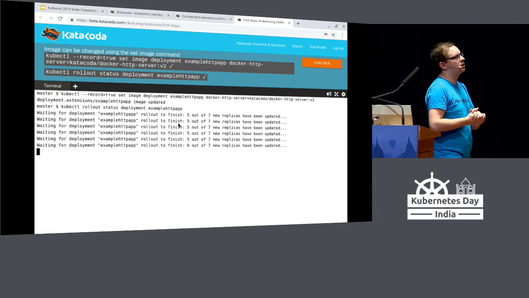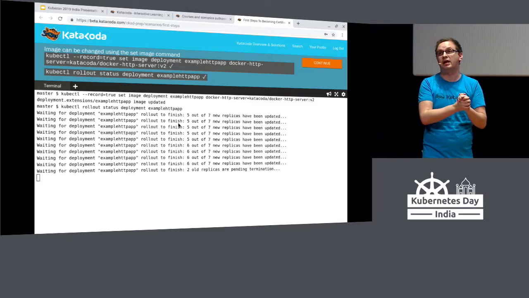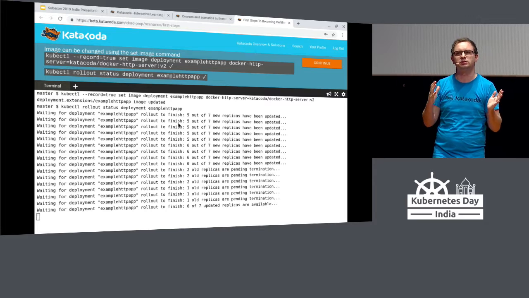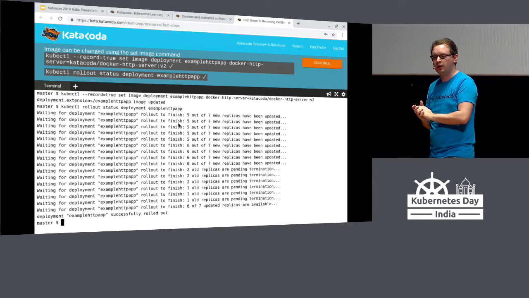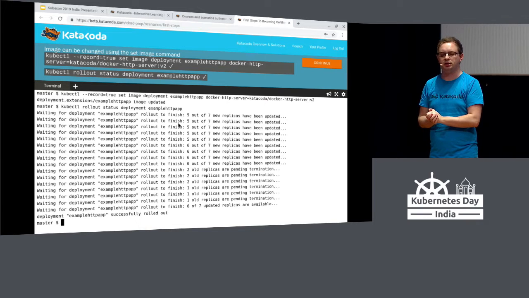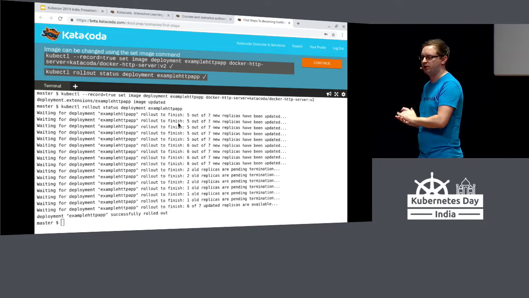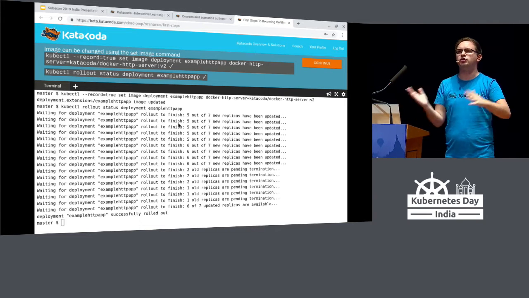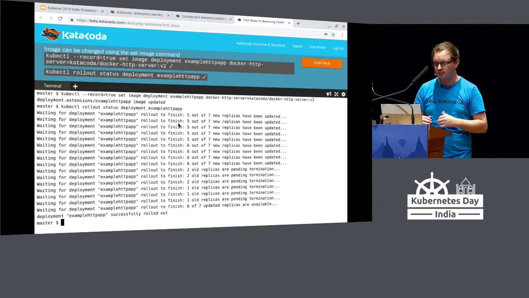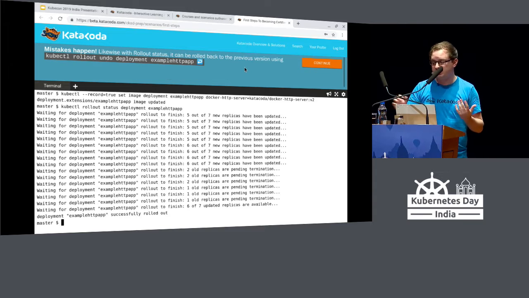And we can use the command line to actually see that rollout occurring. Kubernetes will manage that in a safe way. It will ensure that there's enough capacity available based on the number of replicas so that we never have any downtime. It will roll out the new images and pause to make sure that they are starting correctly, and then continue to roll out the next. So it's doing it in a phased strategy. And then at the end, it will terminate all of the old instances because they are no longer required. And we can see that with the rollout command.